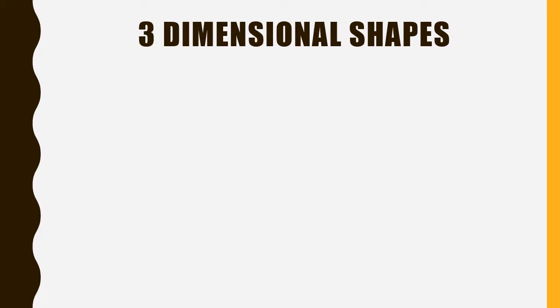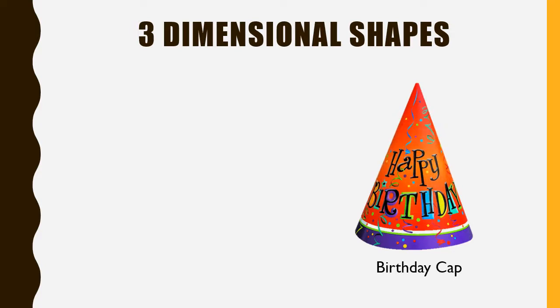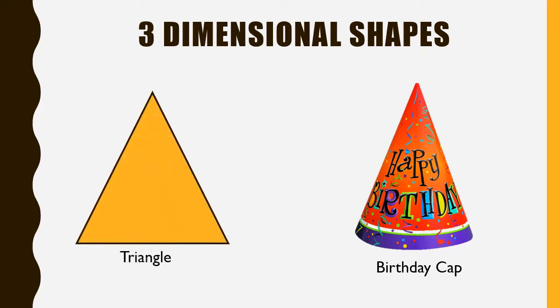Children, see what I have got for you. Yes, it's a birthday cap. Now, what is the shape of this birthday cap? Now, you will say that it's like a triangle, like this. But not exactly. It is not a triangular shape. This is a new shape. A shape which is circular at the bottom. If you see carefully, the birthday cap is circular at the bottom and it tapers and becomes narrow at the top. This shape is not a triangle, but this shape is called a cone.